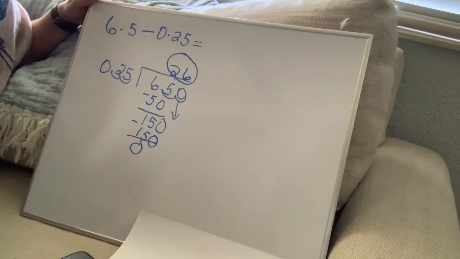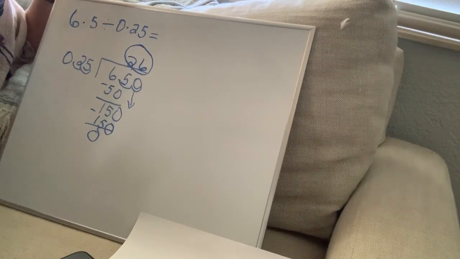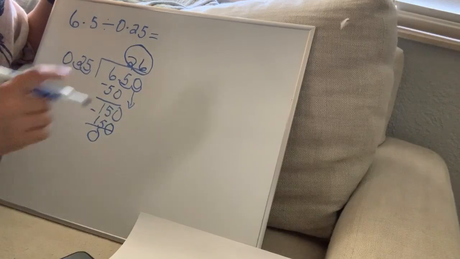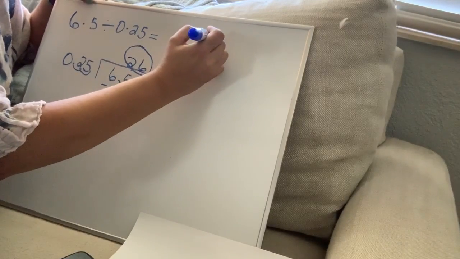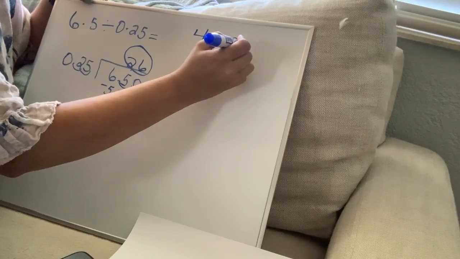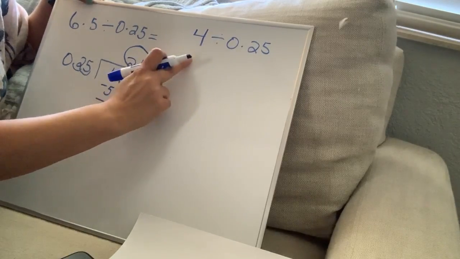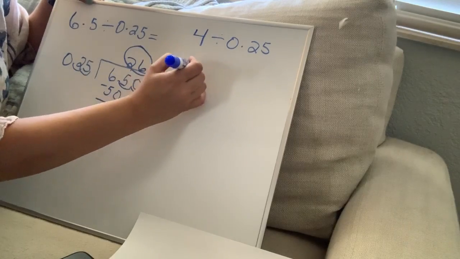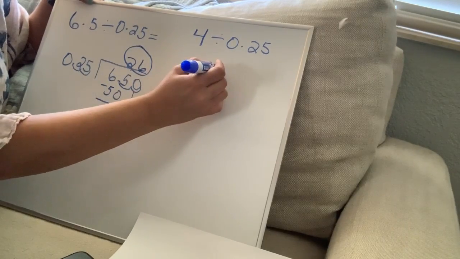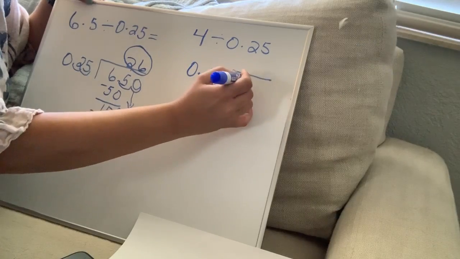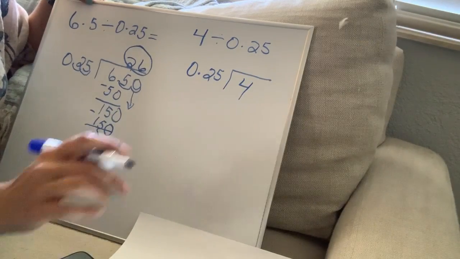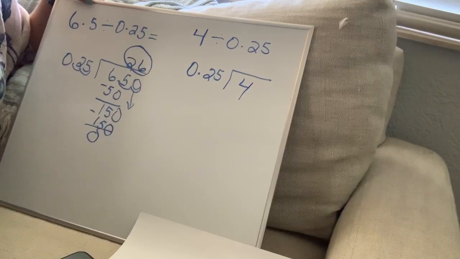Now, I'm going to do another example for you, but for the next example, I want to do one like this, where you have a decimal in the divisor, but not in the dividend. In that case, I have this here, okay? And I am going to do, all